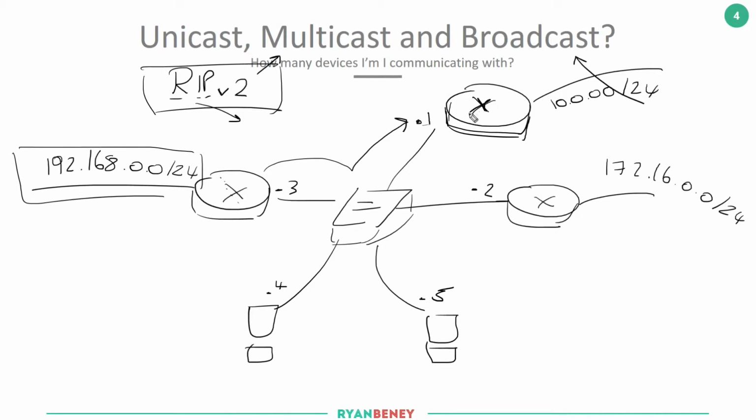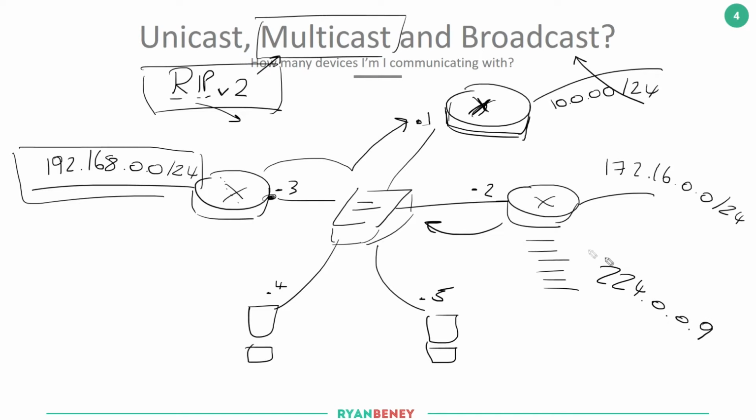So if this particular router had a packet destined for that destination, it will know, I know how to get to 192.168. To get there, go to .3, because .3 knows how to get there. But that communication happens via multicast. The way that works is every router on the link, every so many seconds, will send a list of all of the routes that particular router is aware of to a particular multicast address. And that multicast address is